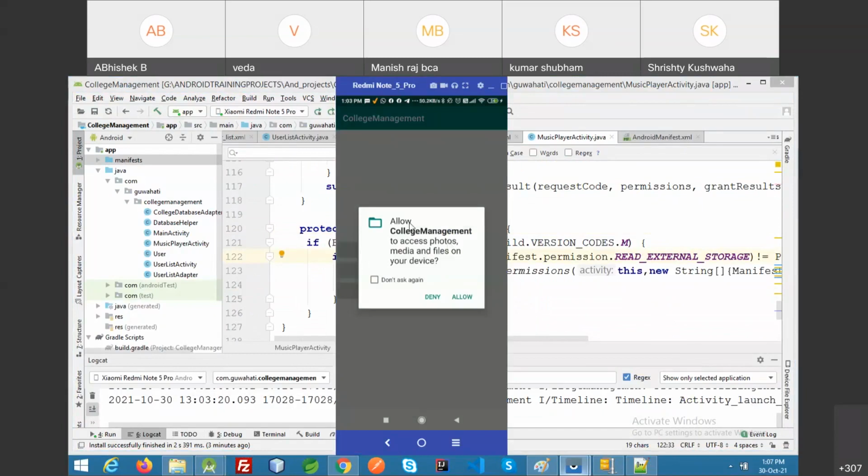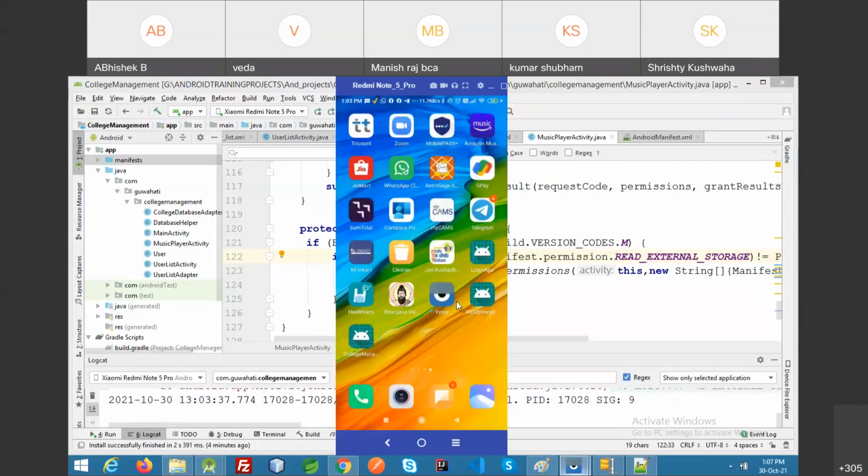I clicked it. Allow college management to access photos, media and files on your device. This is runtime permission. You got that? Understand what is runtime permission? I allowed it.